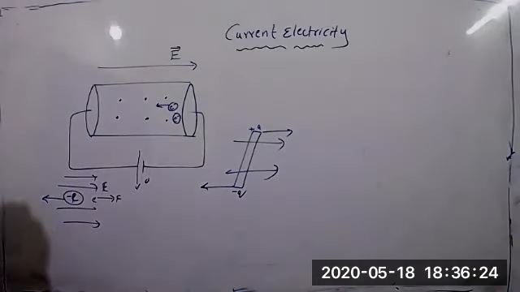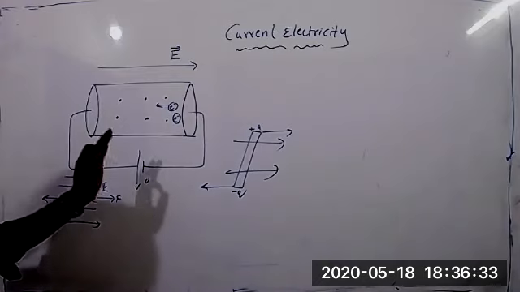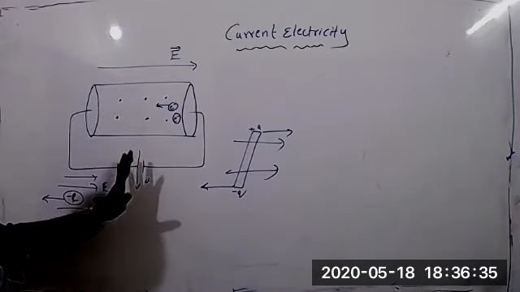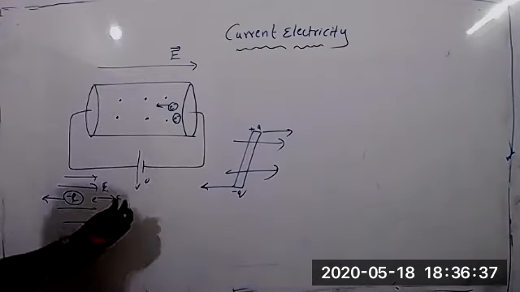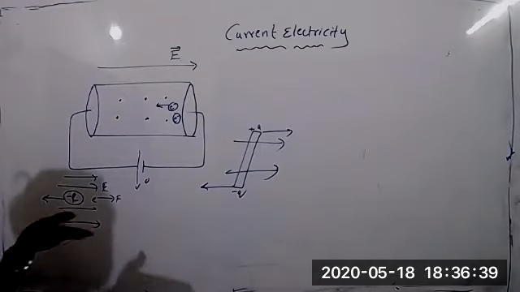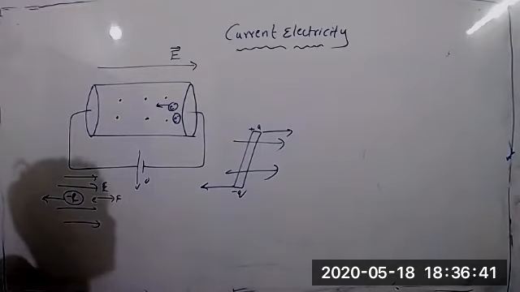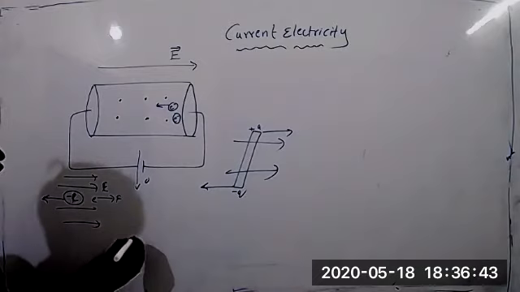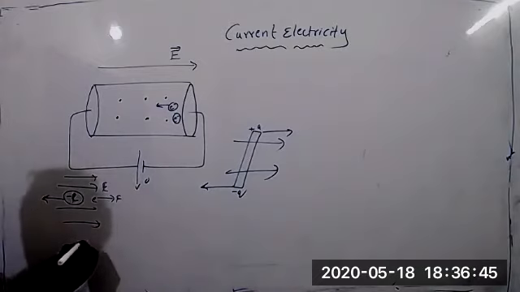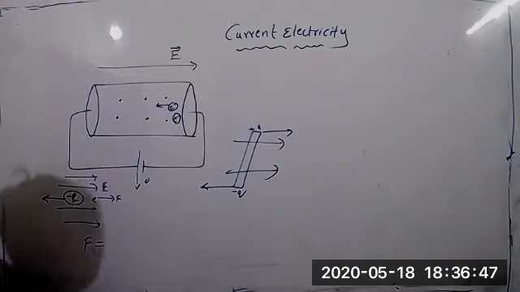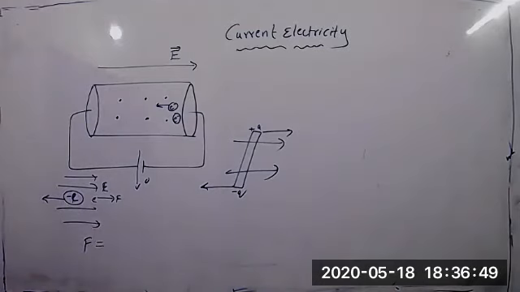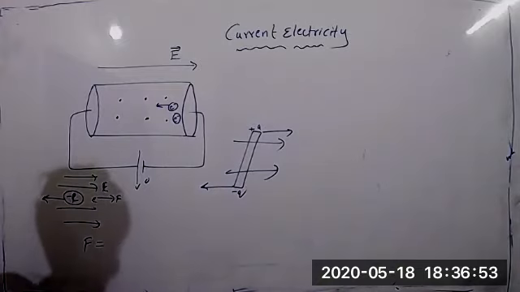First lesson you should remember very clearly. Each and everything we learned in the first lesson, we will revise again. So when you place an electron in the electric field, since the electron is a negative charge, it experiences force in the opposite direction. How much force does it experience? F is equal to? What is the force acting on the electron?